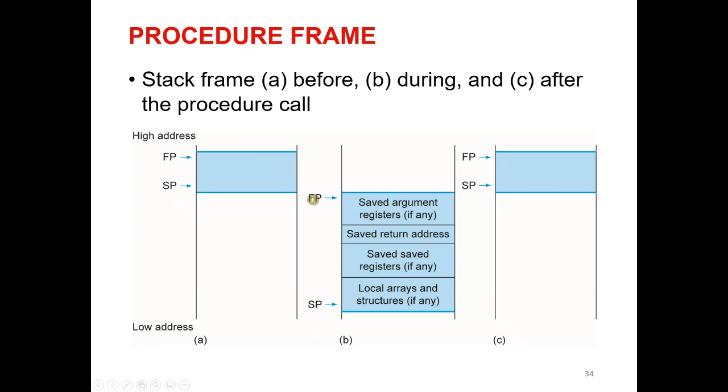So the frame pointer for this procedure will point to the first position of the stack memory used by this procedure, and the stack pointer will point to the last one. And with this, I have complete control of all the addresses that I'm using from the stack memory in my procedure. Okay, and the frame pointer, similarly to the stack pointer, is a pointer that I should manage if I'm adding, apart from say registers, local arrays or something like that.